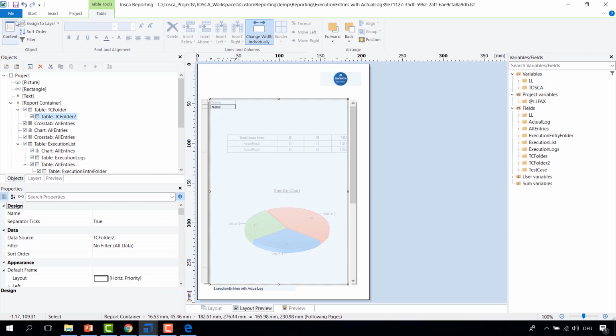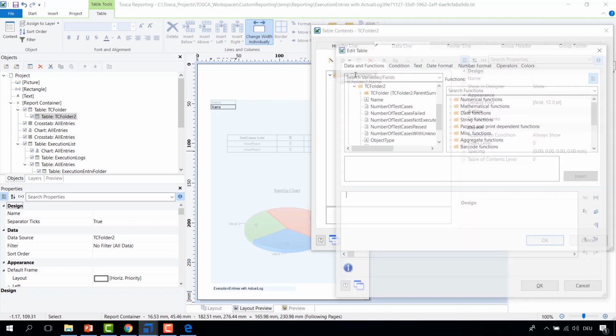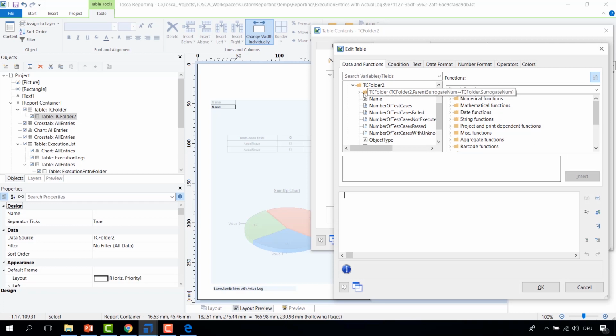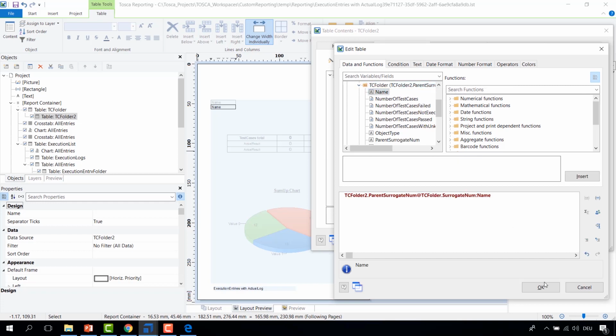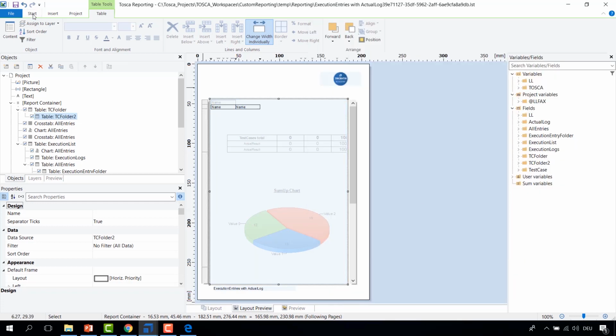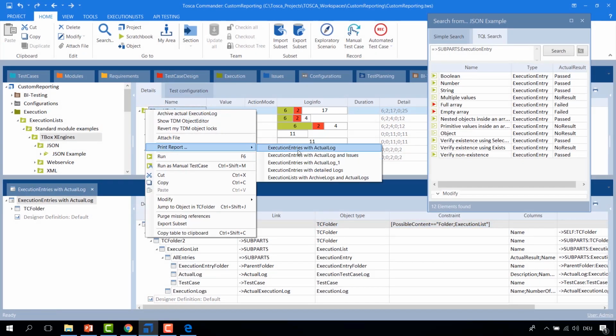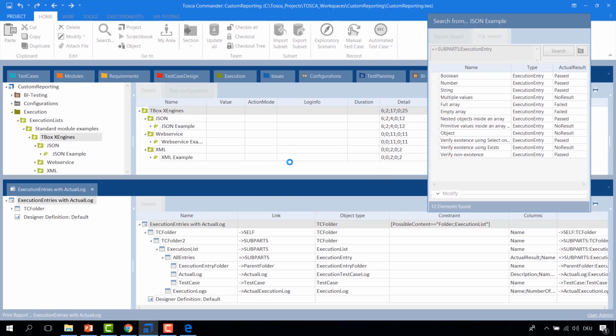And what you can also do, what I can also show you at the same time, is you can not only take the values from the object you are on, you can also display the name of a parent object. In this case, I can jump to the parent object of folder 2, which is TC folder, and also publish the name there. You will see it is a parent surrogate, and you will have it here to the right now. So if I print that report again, it will show me something different,